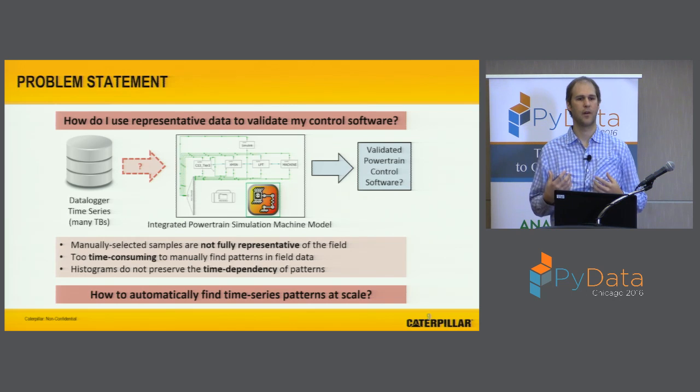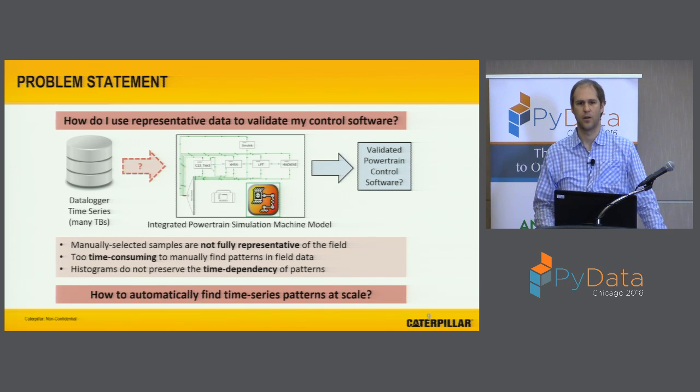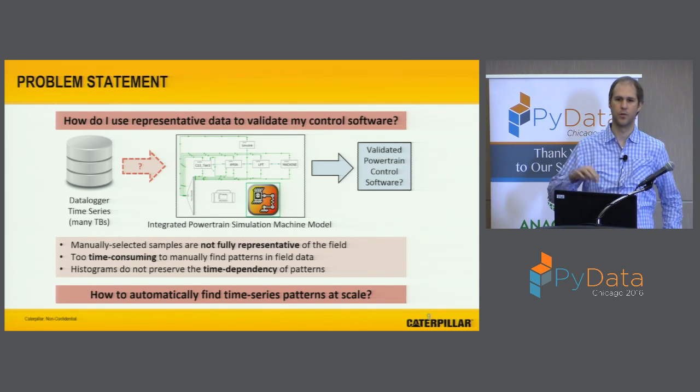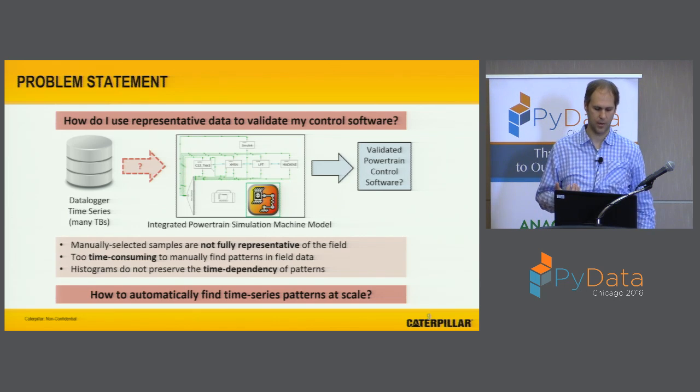So they said, we really want to find a way to go canvass all of our data and pull out a few patterns, not a lot of them, but a few patterns that represent the field. And they had started to do this manually. It was way too time-consuming to find examples of things that were done very often. On the other hand, if you tried to reduce the data and do some kind of reduction scheme, like doing